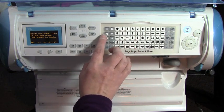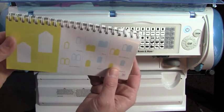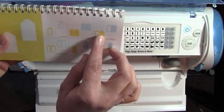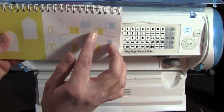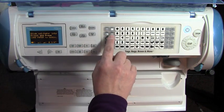The next one is your mirror. There's two mirror windows options. The first option has the mirror window where it's right next to each other, and that's this one right here. So you would have two tags right next to each other. They're kind of welded together. One side has an opened section, which that'll be a window, and the other section is solid. Then the other option, and you'll see it right on here, is